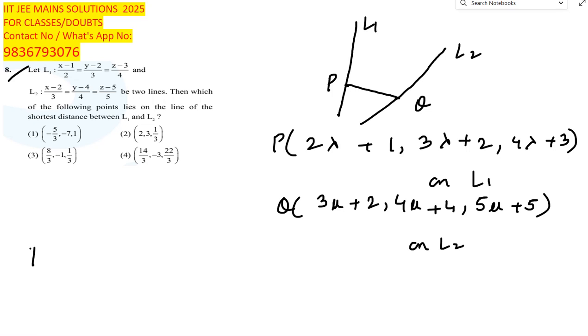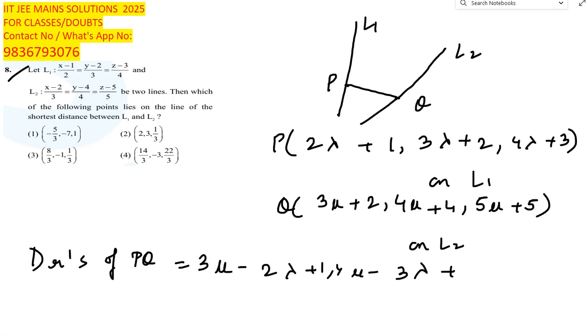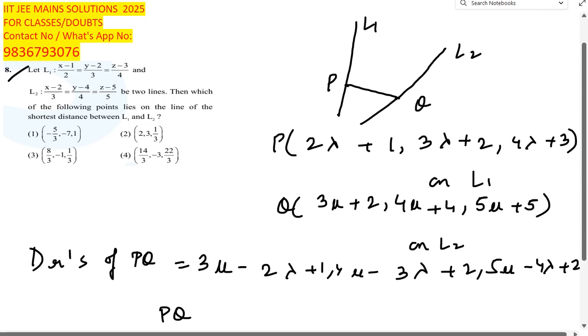So then we will write it as, okay. So PQ on L1. Okay. So now